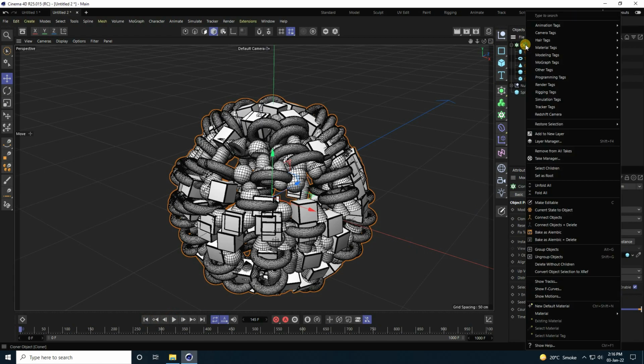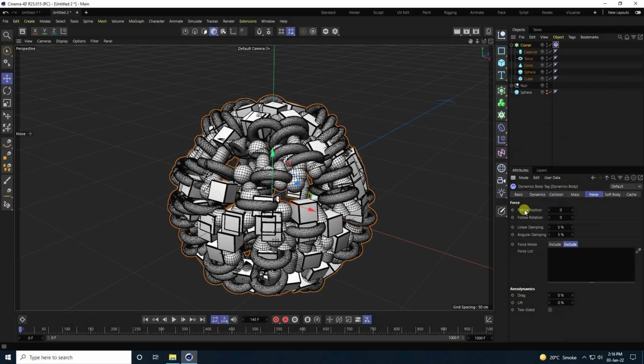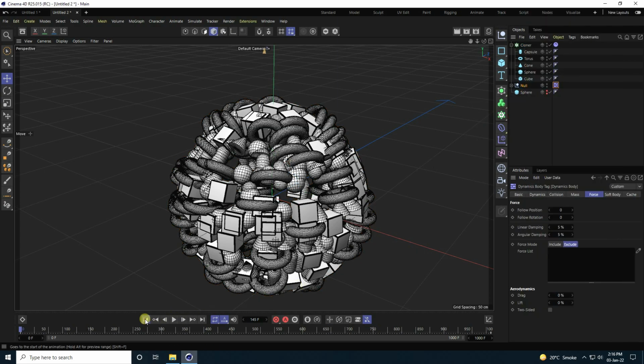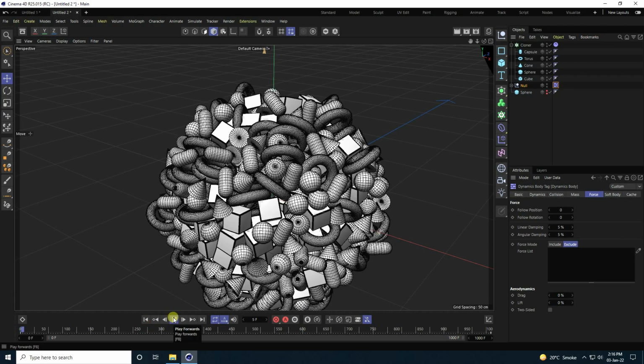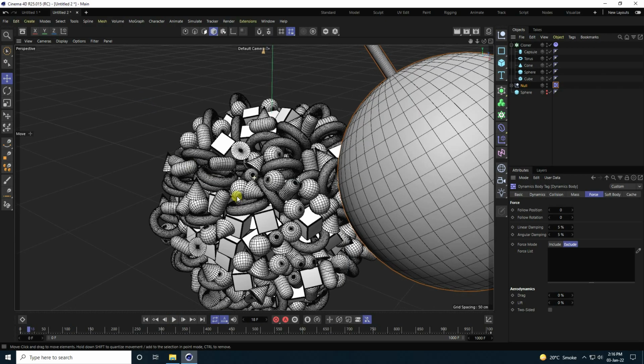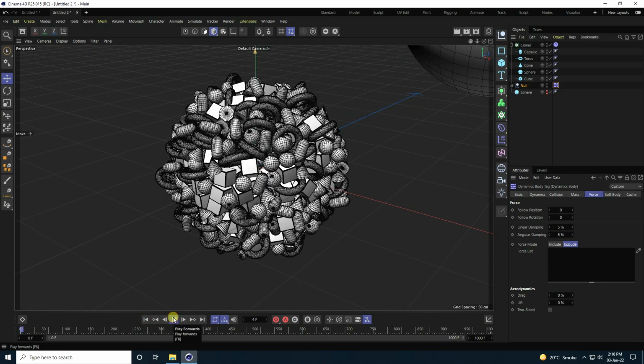So go to cloner, rigid body, simulation, and guys go to force. Guys, follow position, I like simple 5. Yeah, so go to null, simulation, and use collider. So go back and play. Yeah, it's good. And guys, go a little bit back, set your camera angle, and go back and play.